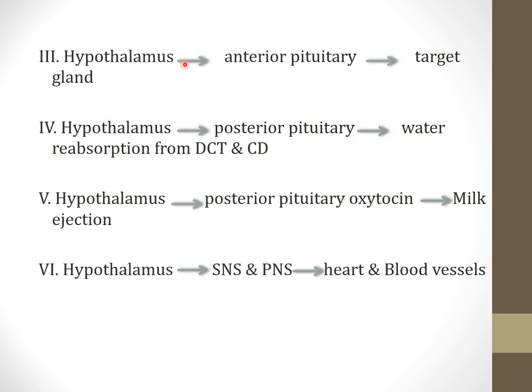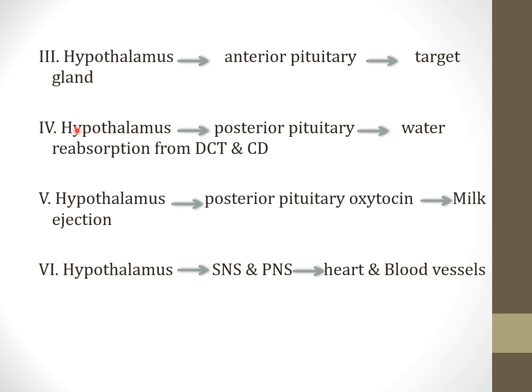Now the hypothalamus is connected with the anterior pituitary, and we all know the anterior pituitary secretes a few hormones like growth hormone, then ACTH, TSH, FSH, and LH, and they act on their target glands. So by coordinating with the pituitary gland, the endocrine role, the autonomic nervous system, and all other things, the hypothalamus is said to be the main important structure which controls the entire homeostasis. So maintenance of the internal environment is done by the hypothalamus.